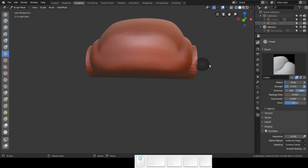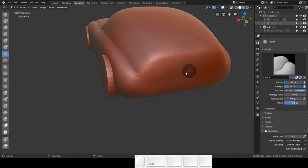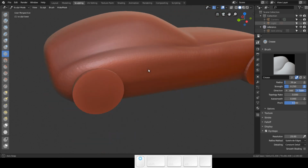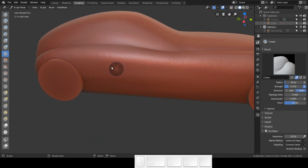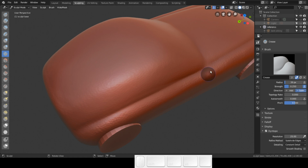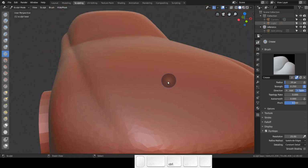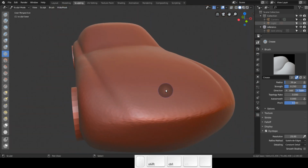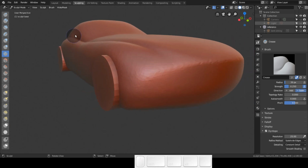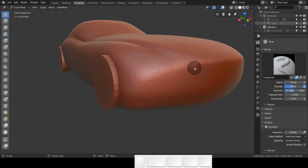And we are going to find the wheel arch here, because we want to have a wheel arch here. And I'm going to take out something there, and I am going to make this sharp nose a little bit more sharky. So now go ahead with the draw brush,